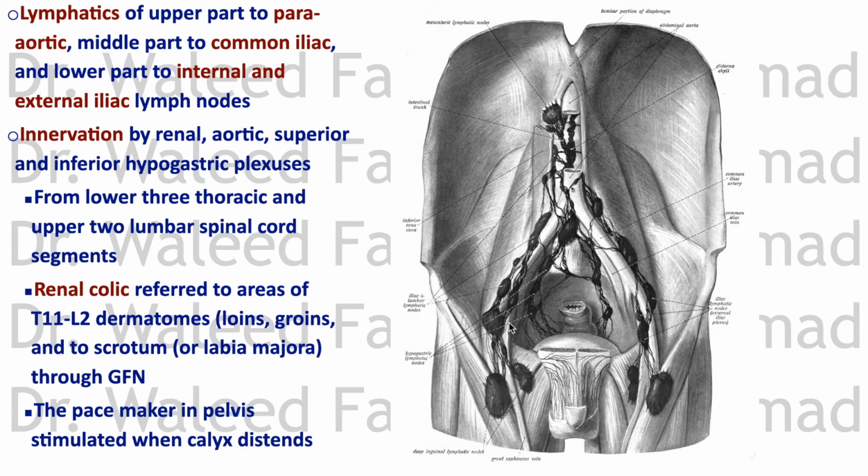and expect that the pain from the ureter, which is a ureteric colic because of a stone, for example, is propagated along the lower 3 thoracic and upper 2 lumbar spinal cord segments. Meaning the pain will be propagated to the loins and groins, right? From the stone, the pain goes to the loins and groins along these spinal cord segments, as well as with the genitofemoral nerve. It propagates to the scrotum in males and labia majora in females, and this is typical